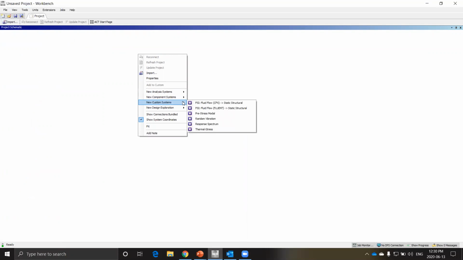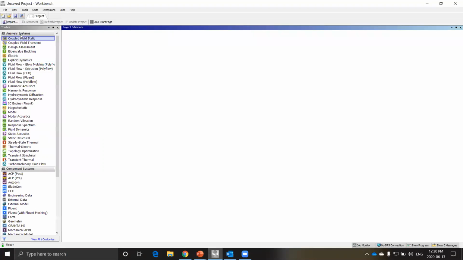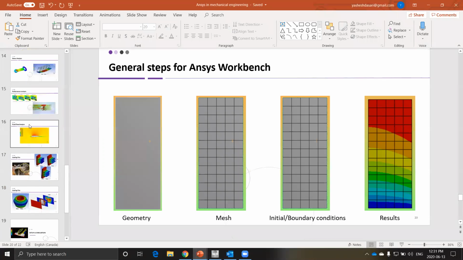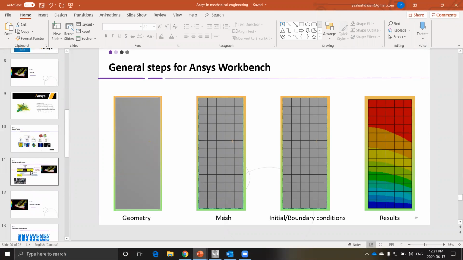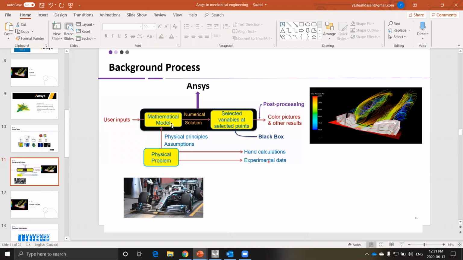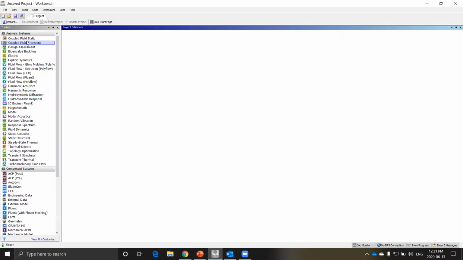What do those do? What are those exactly? So if you see, these are the systems. These are the predefined solver systems. Remember I was telling you, let me go back to the slide. Remember, I mentioned that the solver automatically assigns a mathematical model to a given problem. So that's what we do by stating the analysis system.